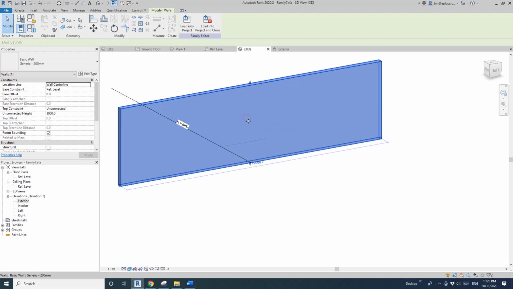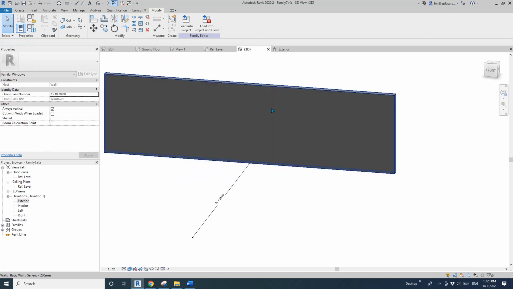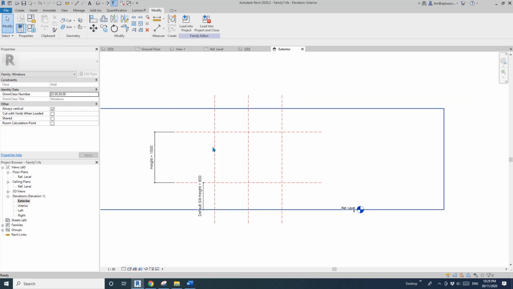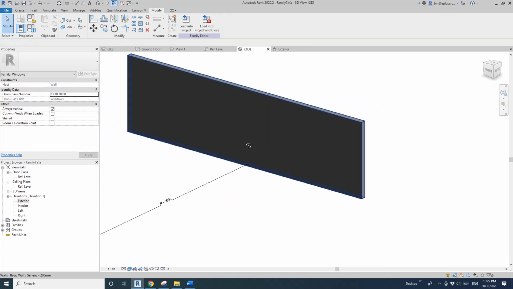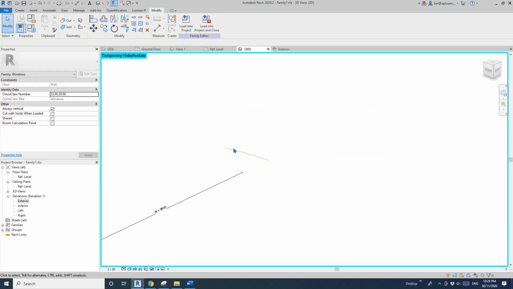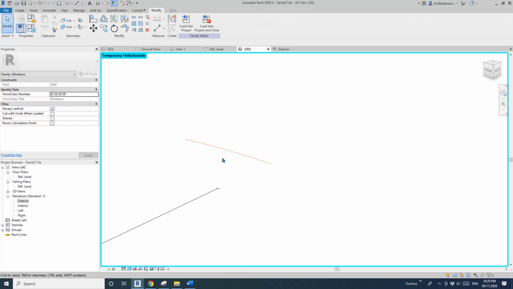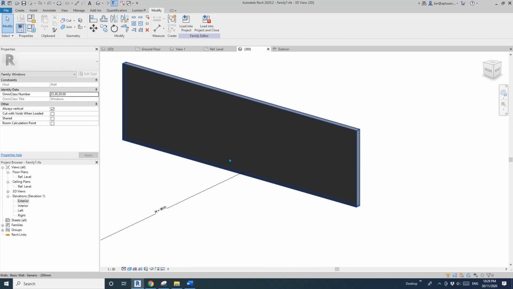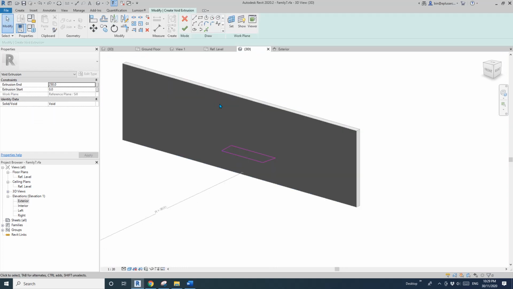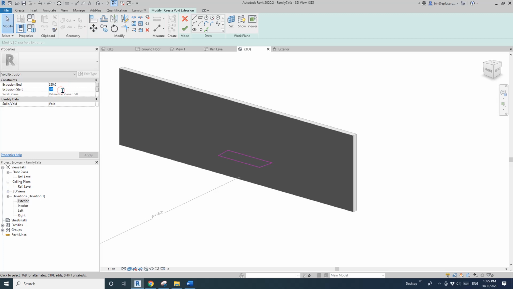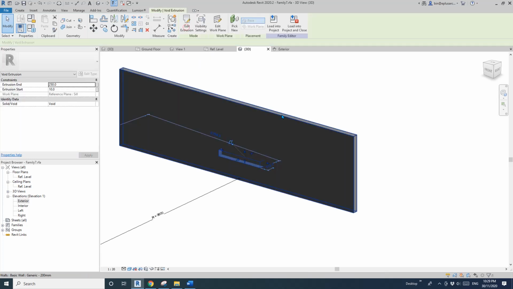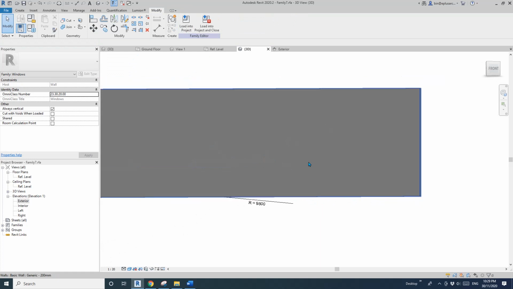So where's my void? Looks like it's cutting something. Okay, so it's cutting my windows and frame, my panels and frame. So how can I get them back? Let me think. Control Z again. And actually what I'm going to do is I'll change this to 10 and change this to, I'll just leave it. And so I'll create this void and